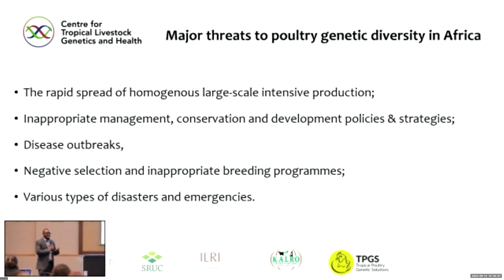And you will notice that most frequently they will be selecting their best cuts, their best animals for consumption or to donate to you to take away. It's still for consumption. And this is what we really call negative selection, where all the best animals are removed from the breeding system. And also we have different types of disasters and emergencies occurring on the continent. And this is the reason why we need to make sure that we have a good conservation program